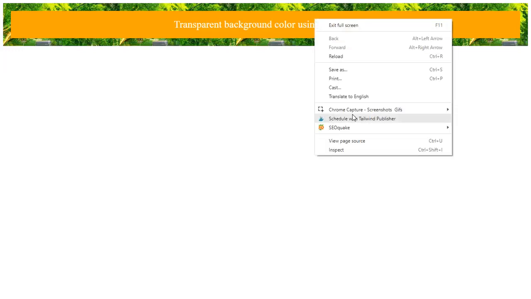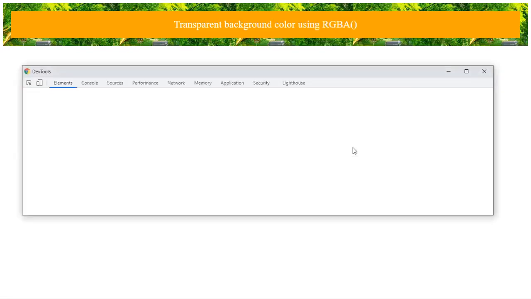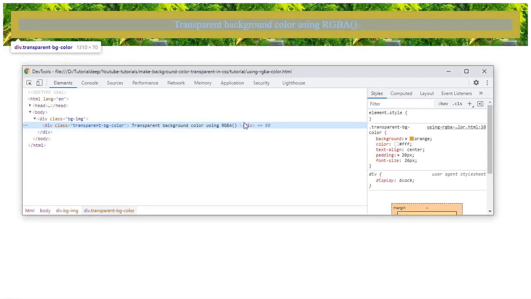You need to inspect the element that contains the text content. Click inspect. It contains a background color that you have to click. Click on that.